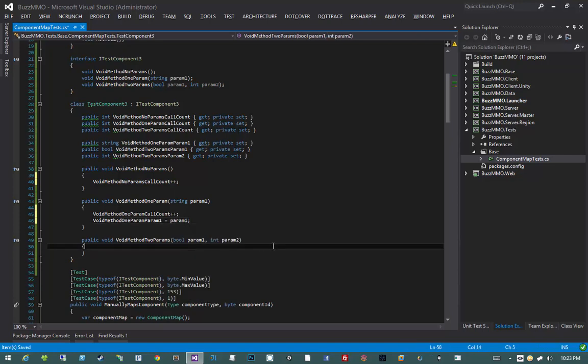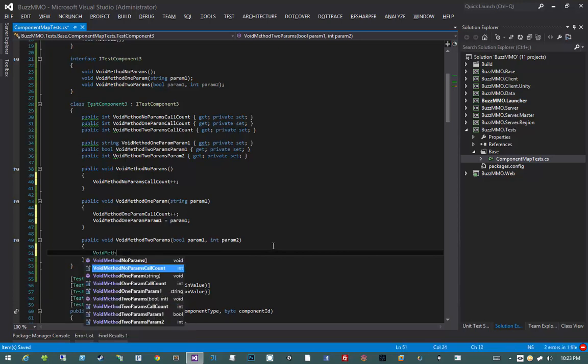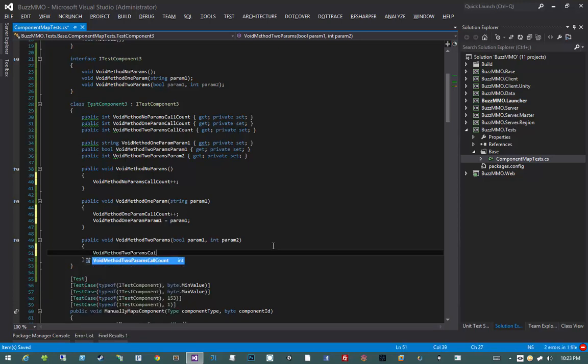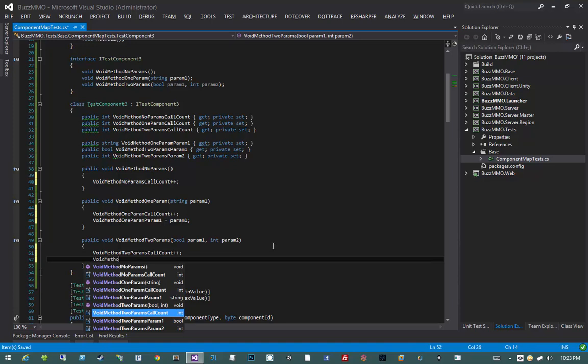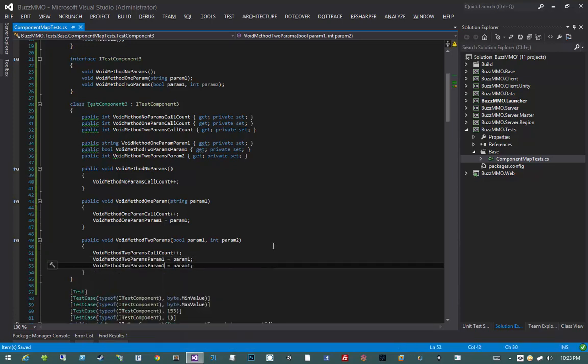So that we can ensure that arguments are properly being funneled into the methods. And then I'm going to do void method 2params call count plus plus, void method 2params param1 equals param1, and then we'll do the same thing for param2. Okay, really straightforward class. Basically, all it does is it records which methods on it were invoked, which will work